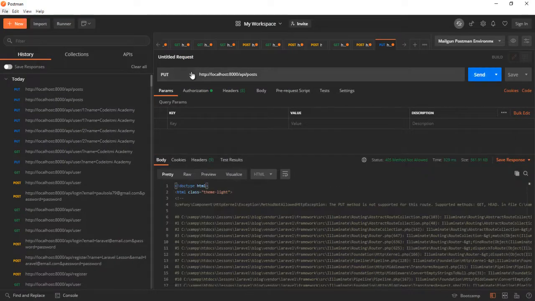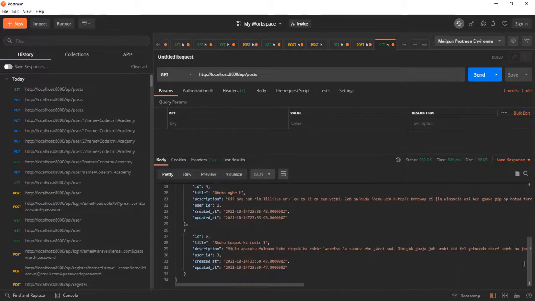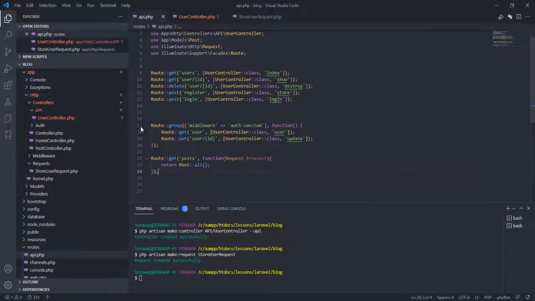This is a put method. It should be a get method. Yeah, so you can see all the posts right here. So you can see this is not different from what we have for the user right here. It's not different. So I was thinking of doing this API for the post too, but you can do that because we've actually created everything we want to do in this post. We've actually done it with the user. So let's just